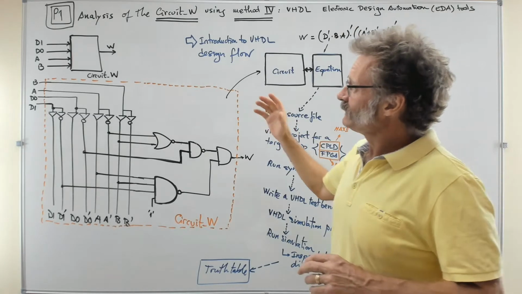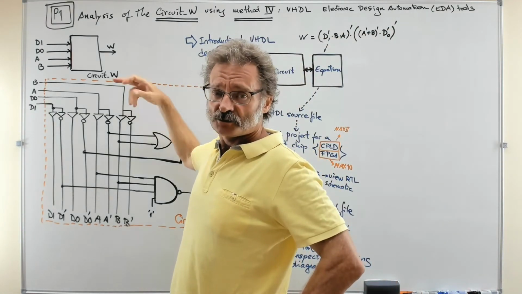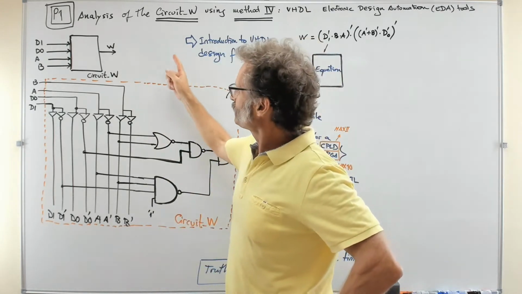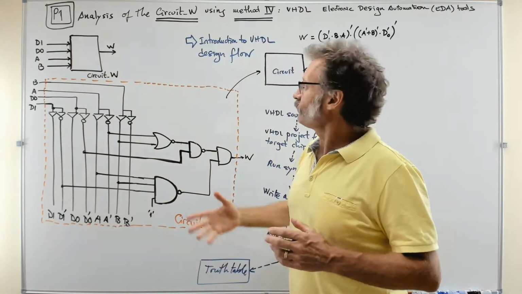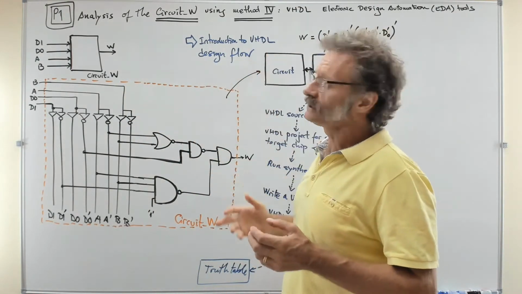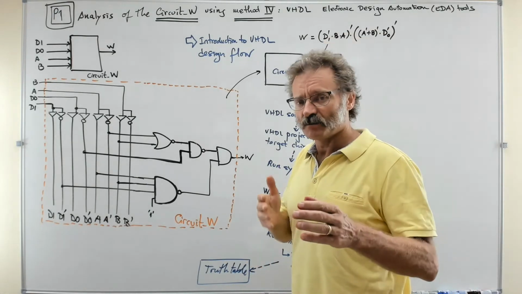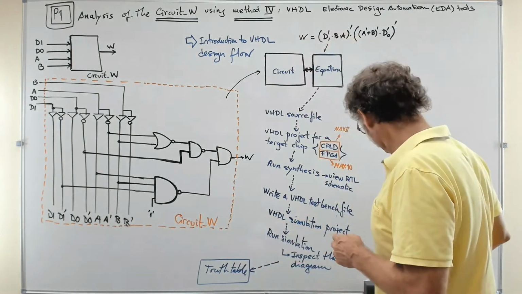We will use this example that we have now solved very well with 3 previous methods. Now we will try to solve it again, just for the sake of introducing the VHDL design flow tools, something that we will have here from P1 up to P8. So 2/3 of the course are going to be based on